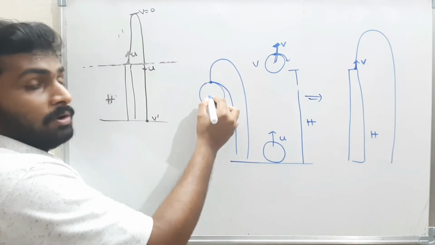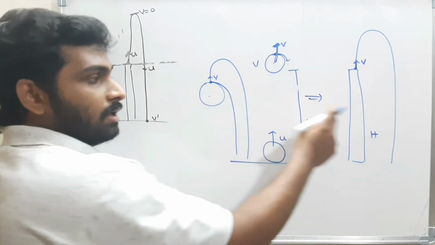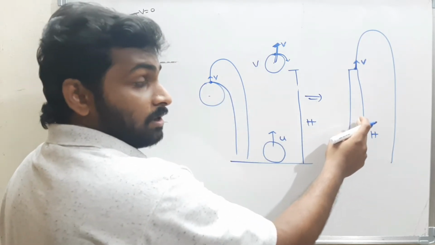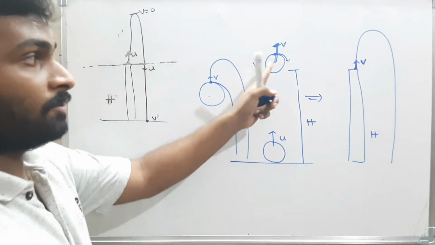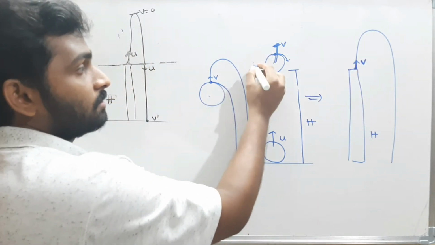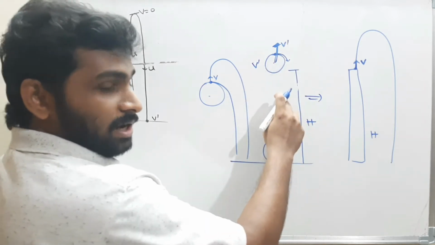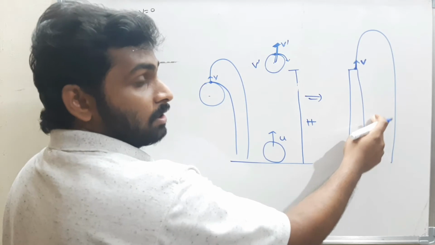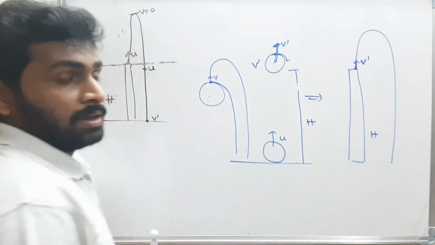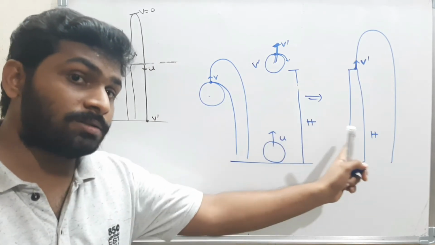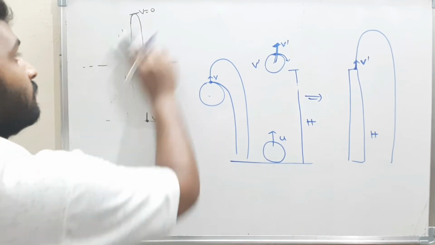The velocity of the balloon and the velocity of the stone will be the same. That means exactly like a tower, a vertical projection from a tower with a velocity v. If the velocity of the balloon is some v dash, then the velocity of the stone is also v dash. That means this is exactly equal to a body which is projected with a velocity v dash from a tower of height h. Can you find the similarity? Please understand this. This is very important when I am solving the problems. Okay, now we go directly to the problems.